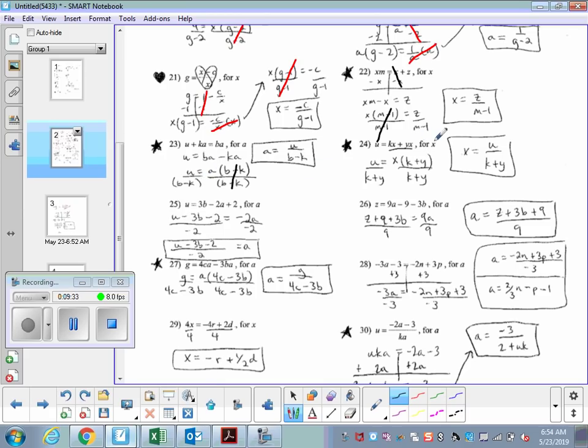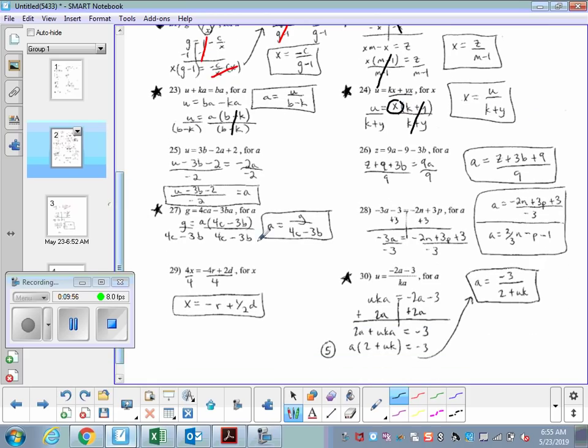For number 24, same idea here, solving for x. We can go ahead right here and catch that there's an x in both. So we factor out the x. x times k would be kx, and x times y would be the yx. And now when we divide by the k plus y, x is all by itself, so we get u over k plus y. All right,